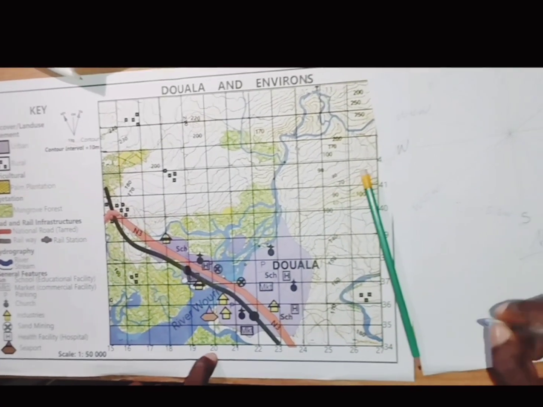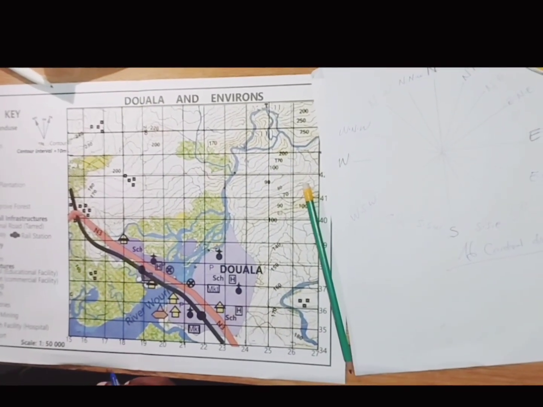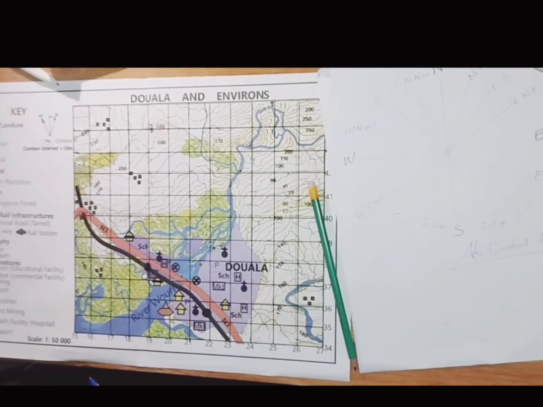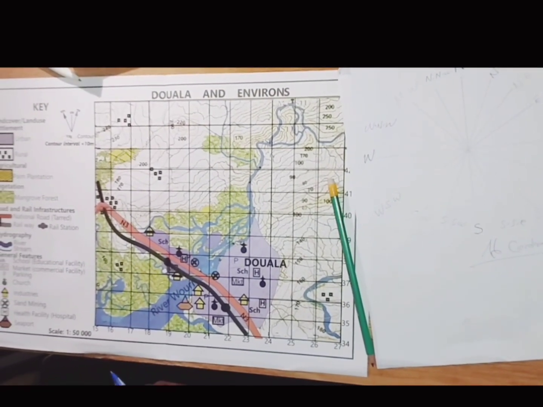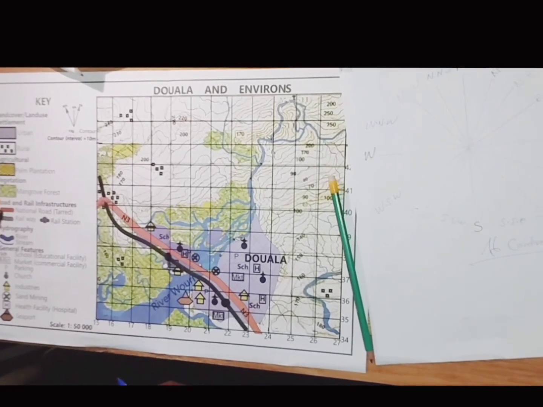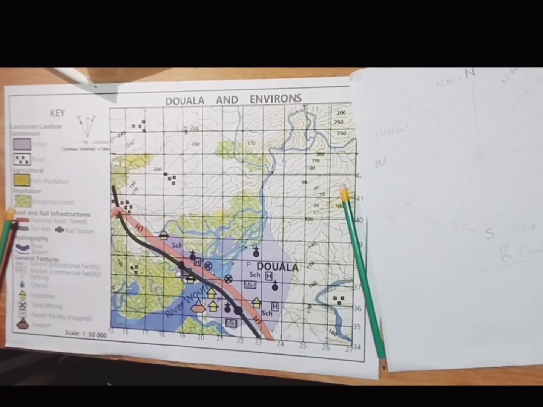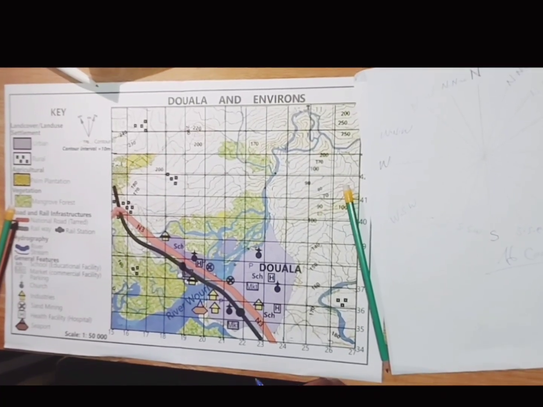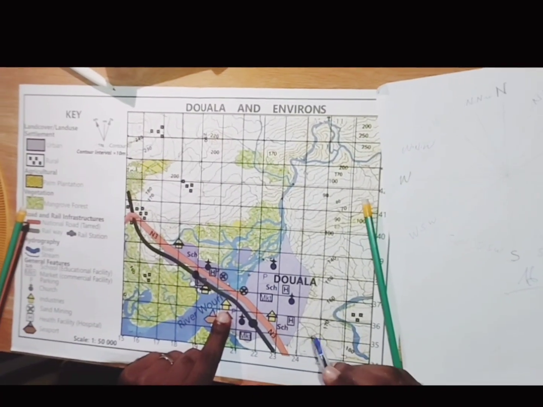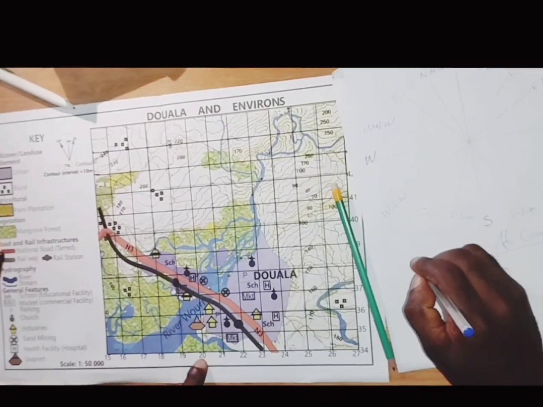Guys, you need to know how to read grid references. I think we have that in one of my videos, how to actually come out with grid references. And if you're having any difficulty to come out with grid references, you can just mention that in the comment section of this video, and I'm going to make another video on grid references, on how to come out with either 4-figure grid reference or the 6-figure grid reference. So in this case, we are saying that we want to look for the direction of the church, of the industry, I beg your pardon, of the industry found at grid reference